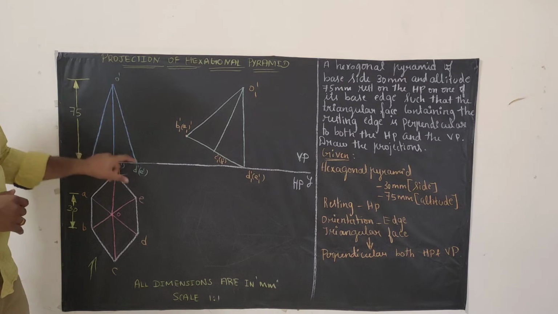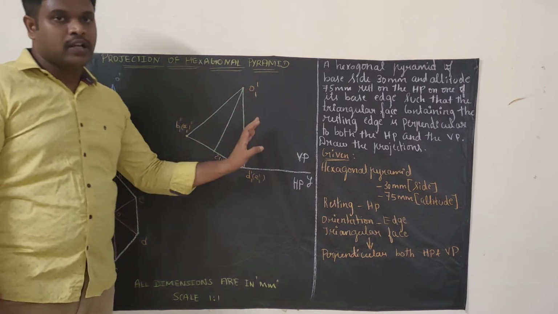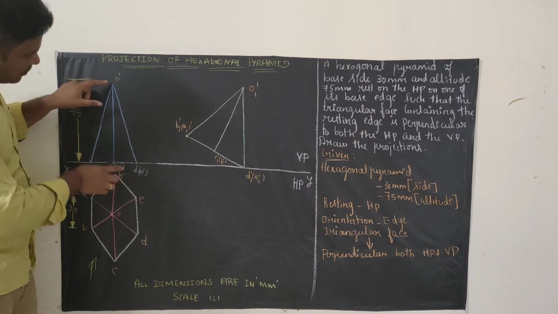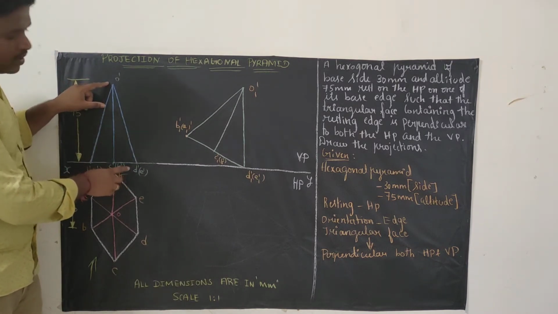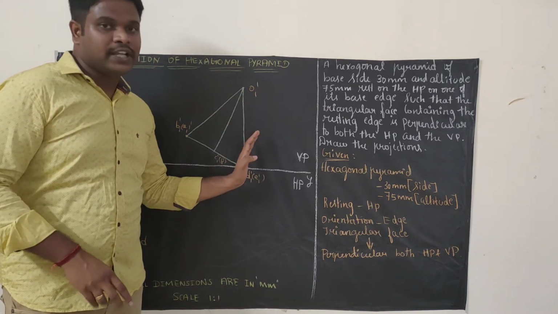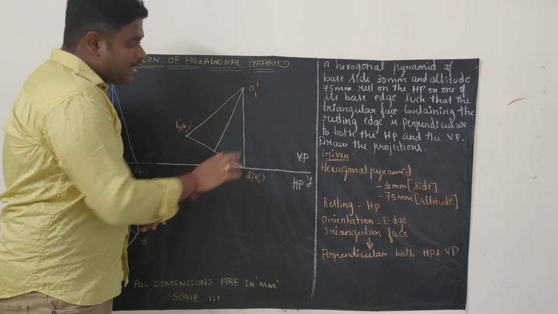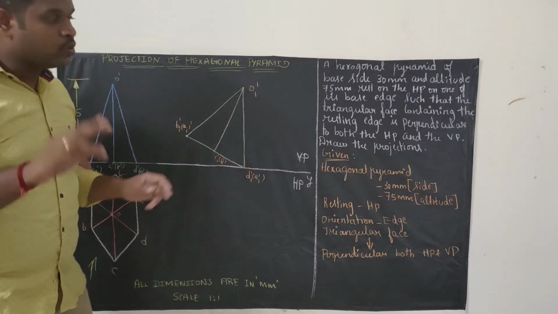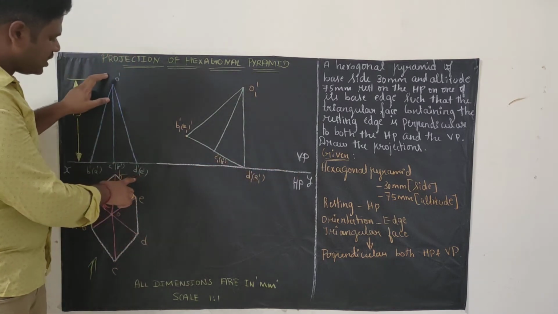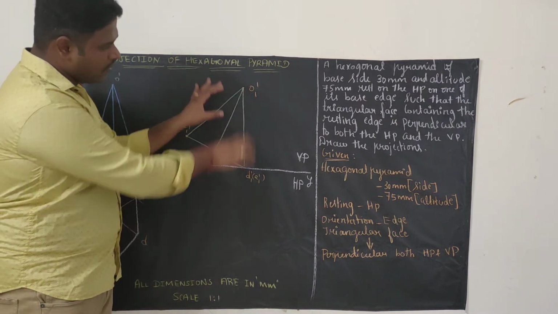So what I did is I just took this side, O dash D dash E dash triangular face, and I am keeping it here. How am I keeping it? Take your scale, measure from O dash to D dash. Whatever distance, just keep that distance vertically, 90 degree. This angle is 90 degree. Then only the triangular face will be perpendicular to both HP and VP. So this is the concept. Measure O dash, D dash, E dash, and just keep it as it is vertically.